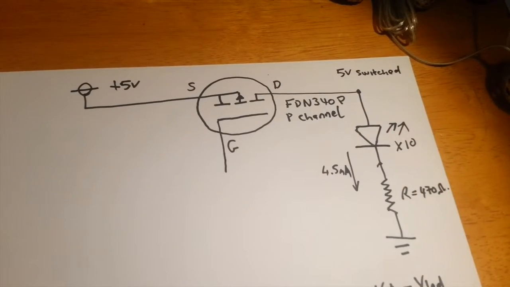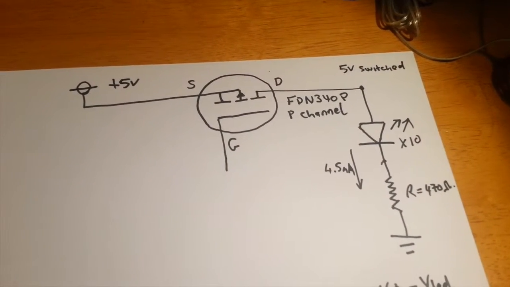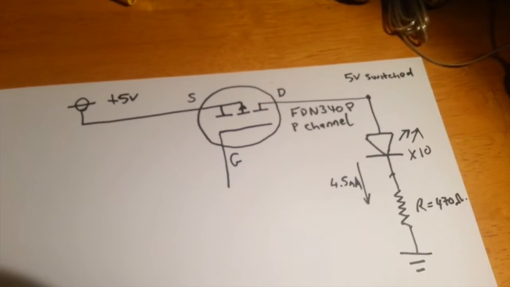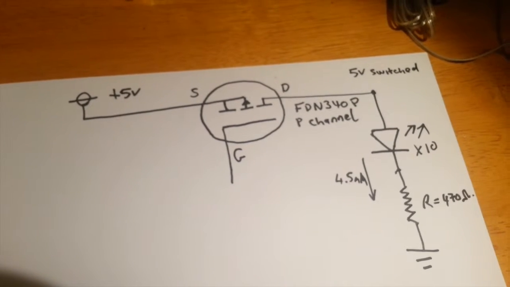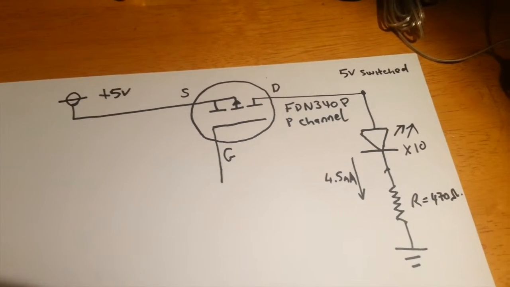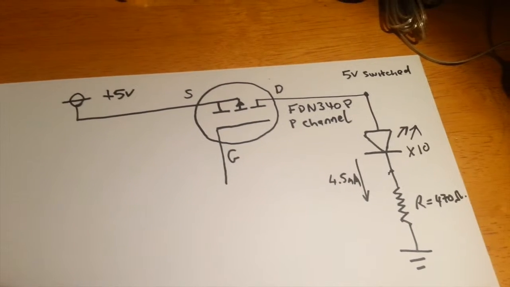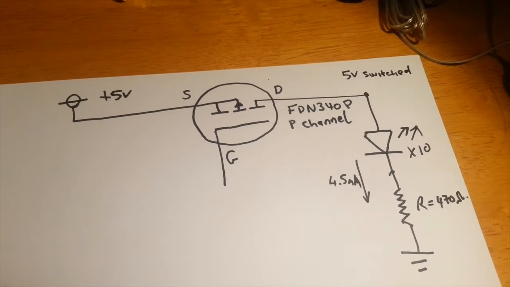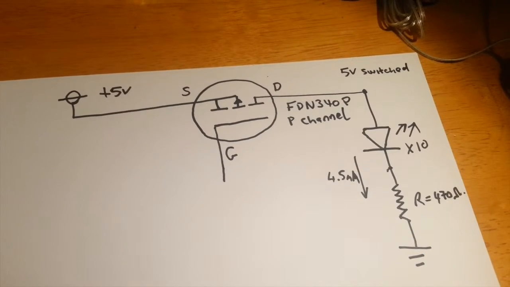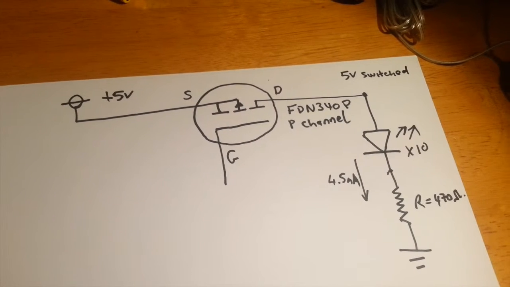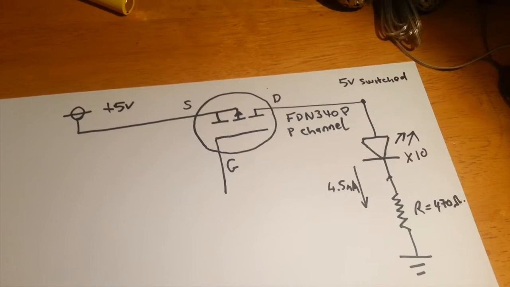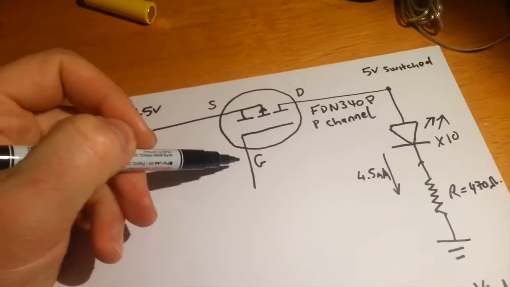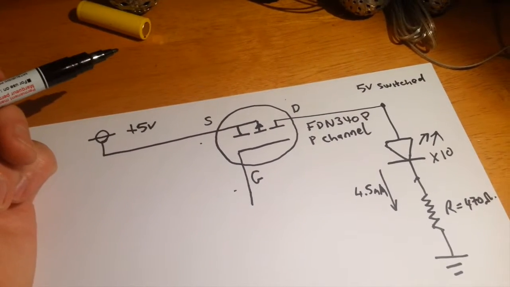The device I'm going to use to buffer the GPIO output is a P-channel MOSFET. This happens to be the FDN340P. I have a bunch of these on hand, and they're quite useful for low voltage, moderate current applications. They're a P-channel MOSFET and they're a logic level MOSFET. So you don't need a great voltage between the gate and the source in order to switch these on. It'll turn on pretty fully at quite a low voltage between the gate here and the source. So useful for